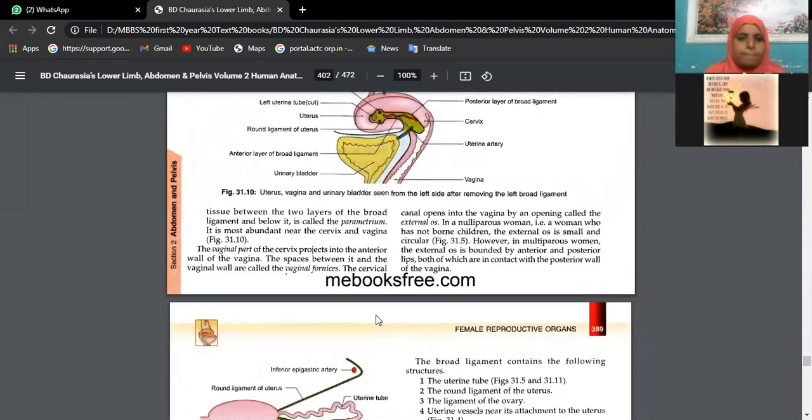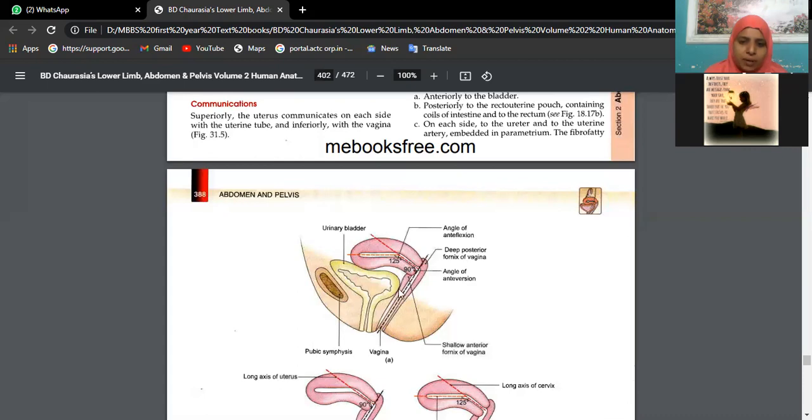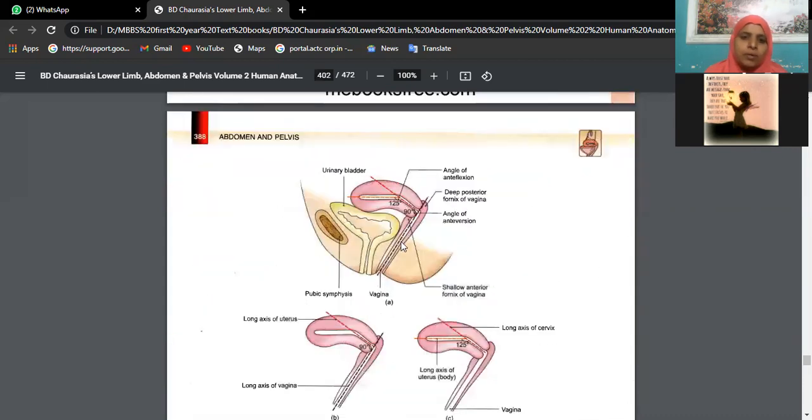Apart from that, we also have the cervix, no? The cervix is from here till here, whatever area is there, that is all cervix. It is around 3 to 4 centimeters long. The inside opening of the cervix is called the internal os, and the outside opening is the external os. The external os opens into the vagina, and the internal os opens towards the uterine cavity, that is the endometrium. The passage from the internal os to the external os you call the cervical canal.